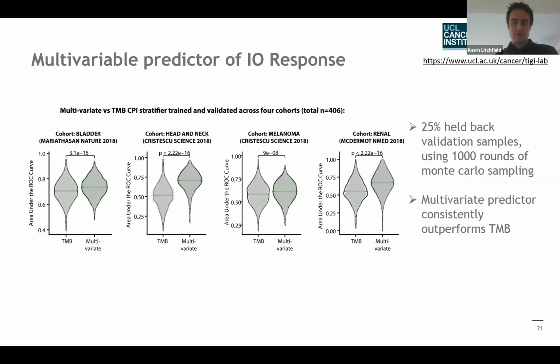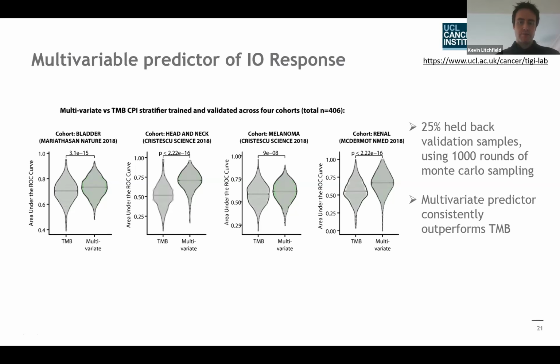We did some validation. So this is again in the training cohort of samples. So these are not external samples. This is just part of our training exercise. We did 1,000 rounds of Monte Carlo sampling and held back a quarter of the samples each time to see how the predictive utility, as measured with area under the ROC curve, changed for this multivariable predictor, using tumor mutation burden as a comparison, a single biomarker that's got the strongest performance as an individual marker and is also FDA approved now for patient stratification. And so we saw across all 4 tumor types here that the multivariable predictor